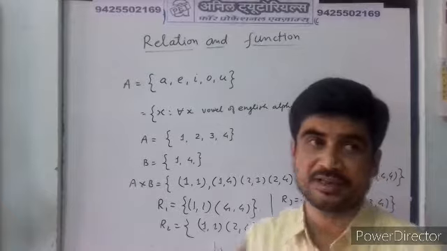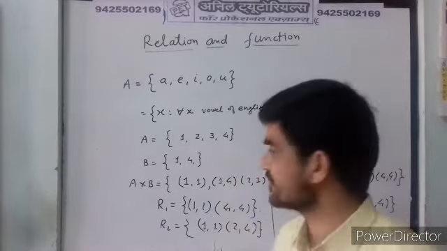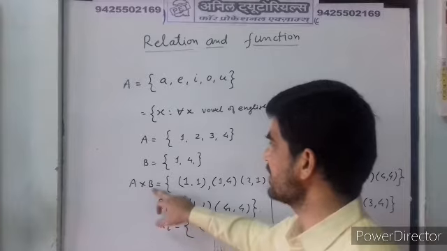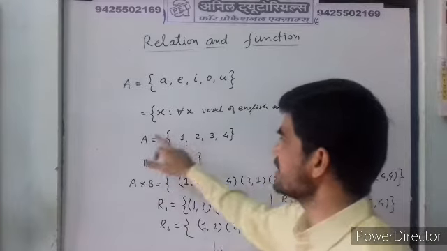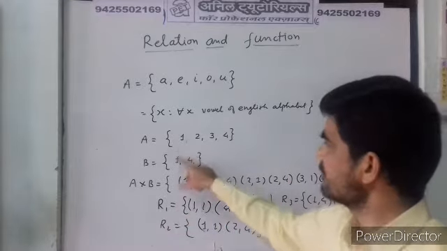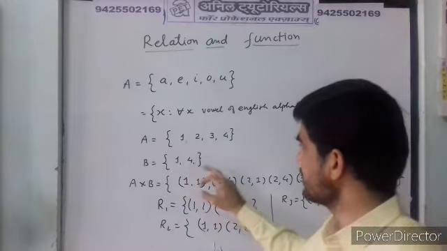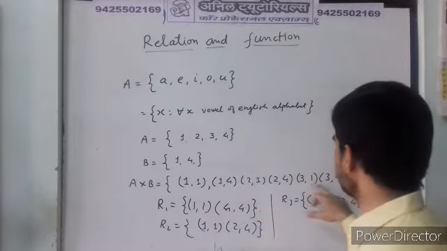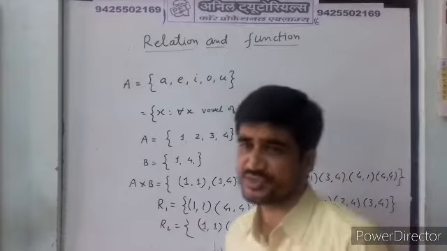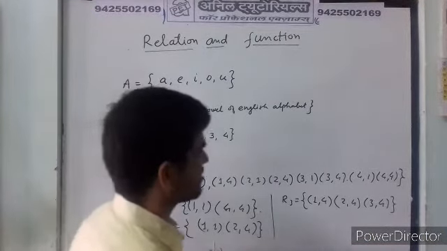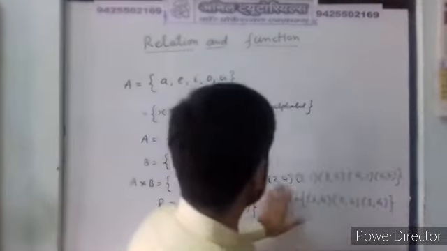Now just see the Cartesian product of two sets. When you take the Cartesian product of these two sets, A cross B, what shall you get? All the elements of A are paired with the elements of B. So we get (1, 1), (1, 4). Then 2 with this: (2, 1), (2, 4) and so on. So we have the Cartesian product of set A cross B. Just see how many elements are there: 1, 2, 3, 4, so 8 elements are there.